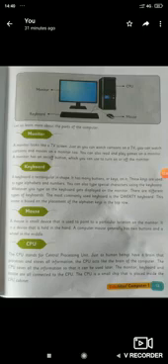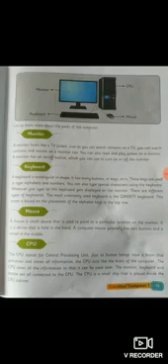So students, these are the four main parts of the computer: monitor, keyboard, mouse and CPU, of which CPU is the central processing unit or the brain of the computer, where all the processing work is carried out.